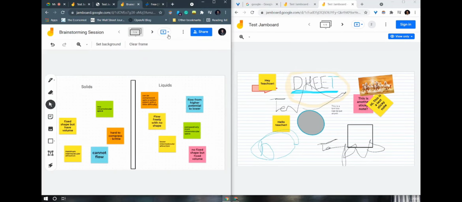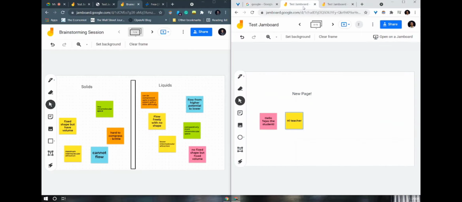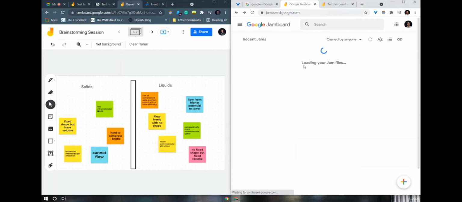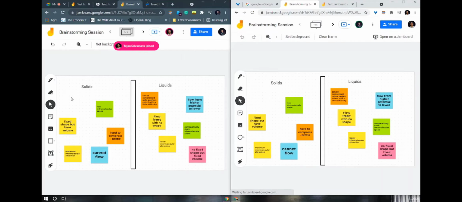Jamboard. Let's see some use cases of how this can be used in our daily activities. So again, I go to a Jamboard which I had already made to show you different activities or different ways you can use to teach, and I have shared it with my student. The student can see. So let's say there's a discussion, a chemistry class going on, wherein I have asked students to put in some points.